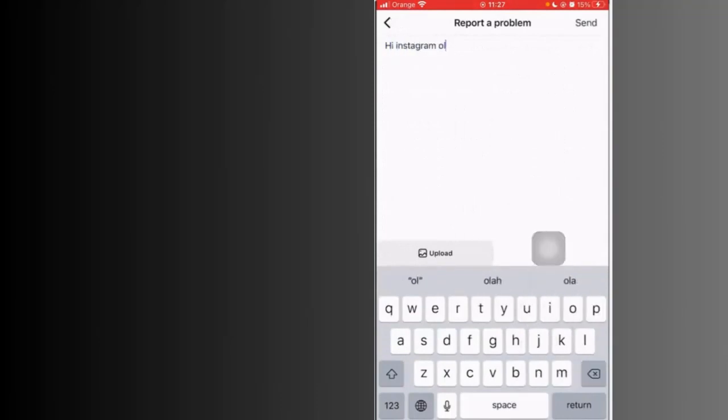And here just say, hi Instagram, please fix notes feature not showing on my account. Okay, just type here, hi Instagram, please fix note feature not showing on my account, and then they will get back to you